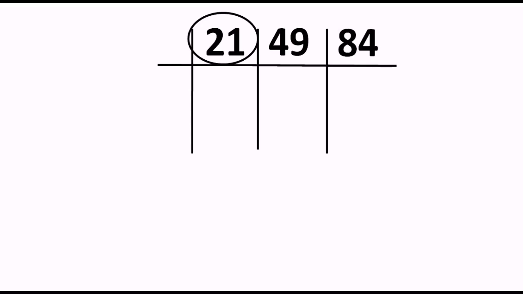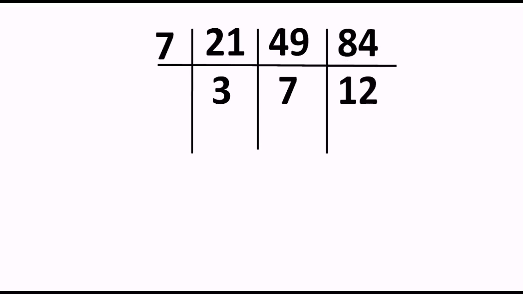So yes, of course, 21 is divisible by 7, that gives you the answer 3. 49 is also divisible by 7, 7 7s are 49, and when you divide 84, you know the table, then you will come to know that 12 7s are 84. That means 7 is going to divide 84 also. That results in the answer 12. So here we go: when you divide 21 by 7, we get the answer 3. 49 divided by 7, the answer is 7 itself, and 84 divided by 7, we get the answer 12, right?